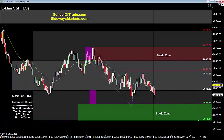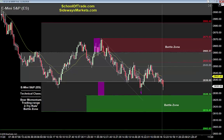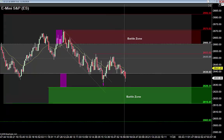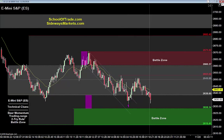So most important thing is we've got to get through this 26.16, then we can start thinking about this market as being a bear breakout, and actually taking it seriously to be a seller. If we do get through that low, look for a spike in channel. If we do see it blow through that low, it'll probably be a spike in channel. If that's the case, we'll find that new channel and look for that sell off the top of that channel. Again, that'll probably be middle to late morning tomorrow. So just be careful as this market tries to bleed lower. If it keeps going lower, just make sure we get below that 16 and we're off to the races